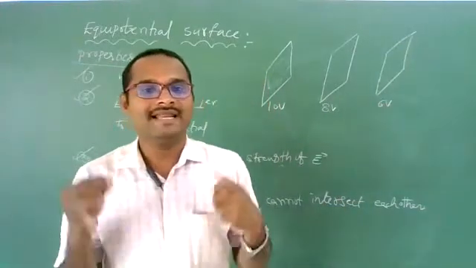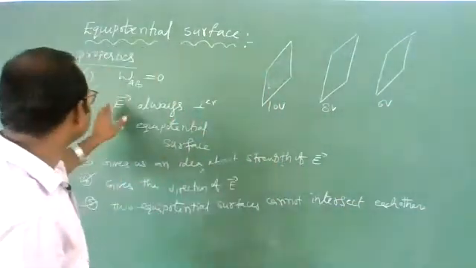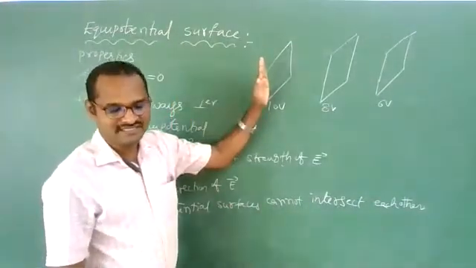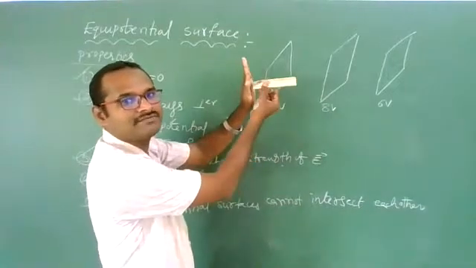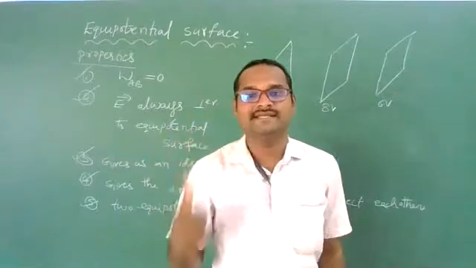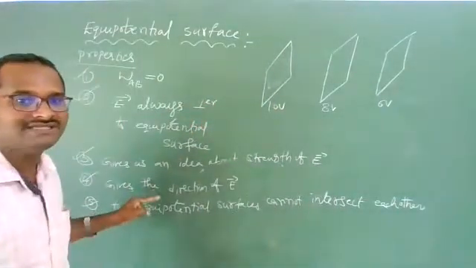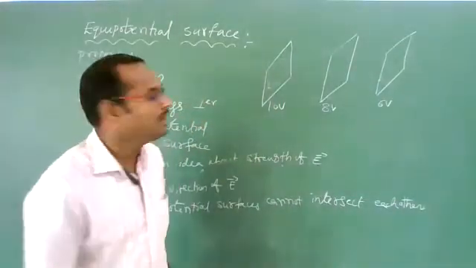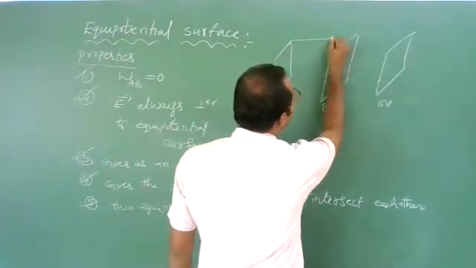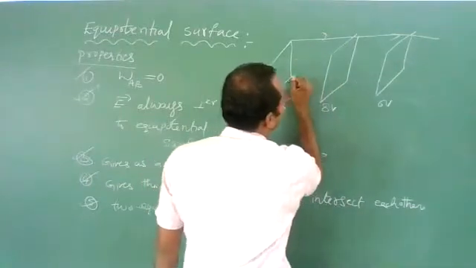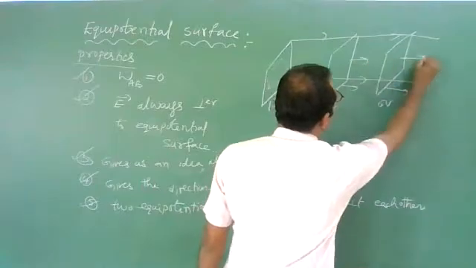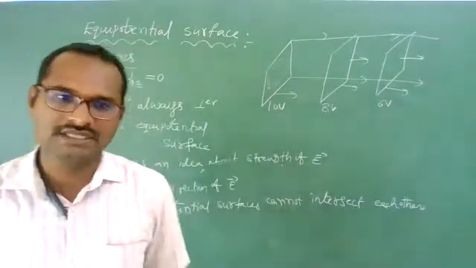Now how do we draw electric field lines for this? Second point, the electric field is always perpendicular to this surface. For this surface, if you want to draw the electric field, you need to draw it like this, perpendicular. But in which direction, towards the right-hand side or towards the left-hand side? That is given by the fourth point, E is equal to minus dV by dr. In which direction is potential decreasing? Yes, it is decreasing in this direction. So the electric field will be in this direction, perpendicular to the surface, like this. Did you get it? Clear? Yes.